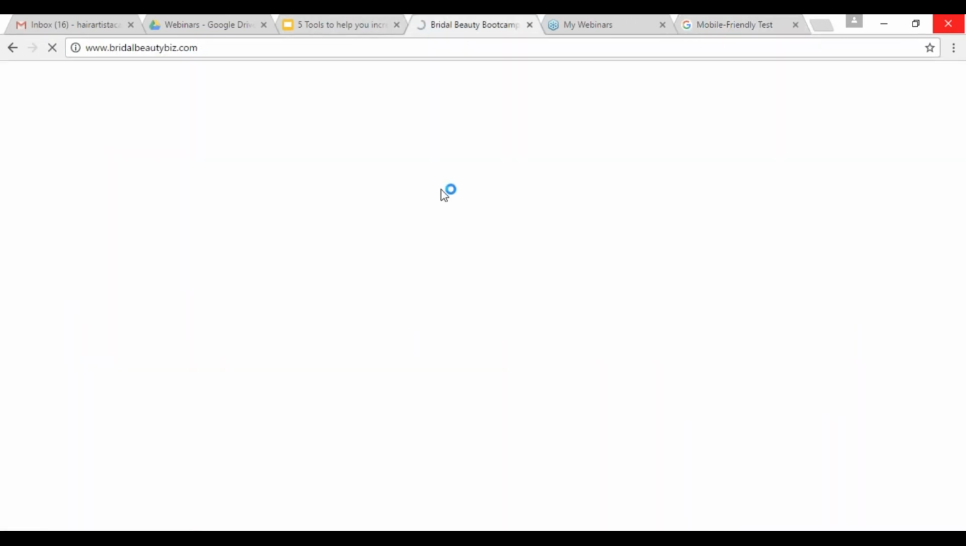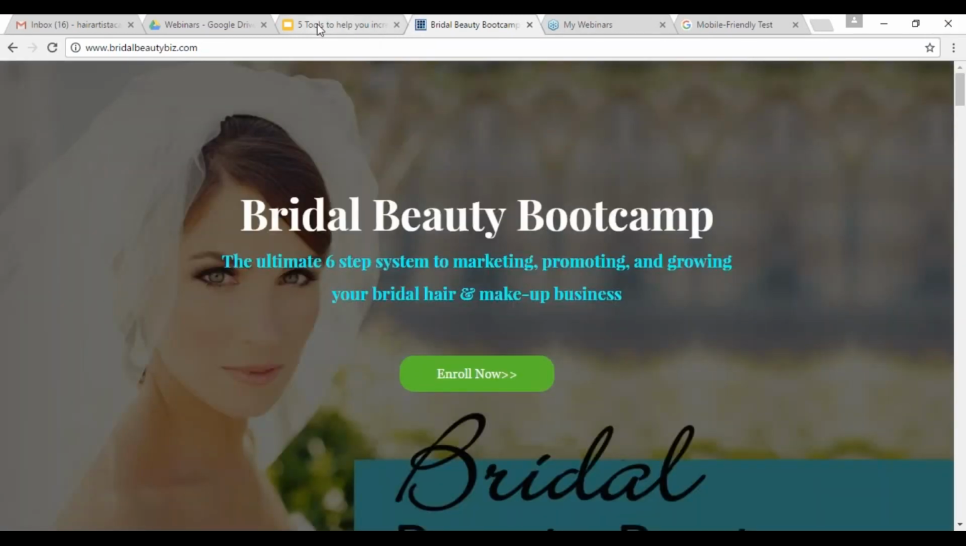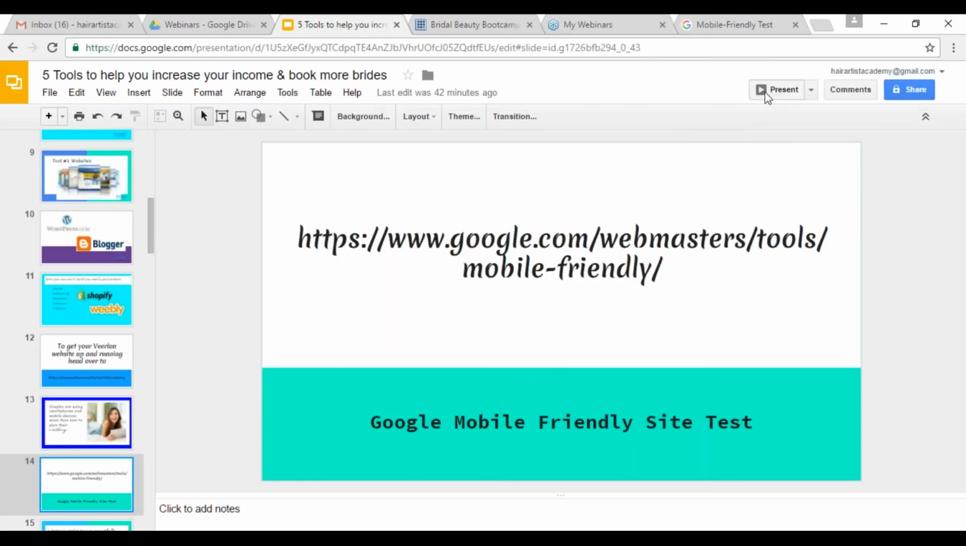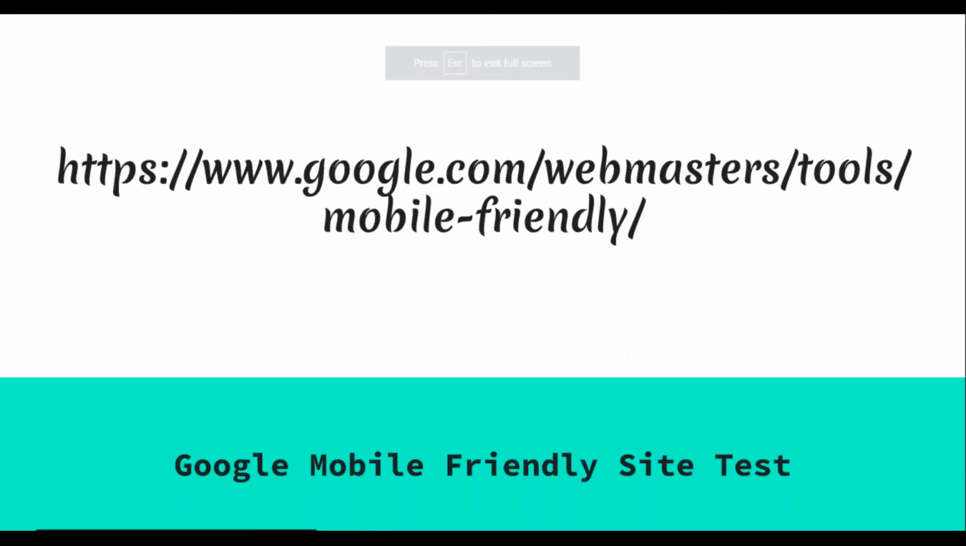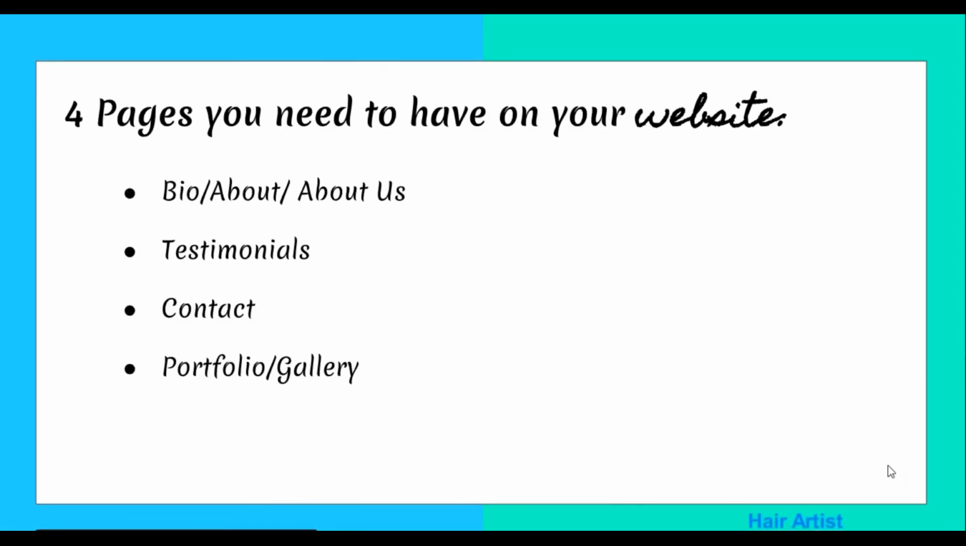Now let's head back over and talk about the 4 pages. Let's talk about the 4 pages that you need to have on your website. Okay, the 4 pages you need to have on your website. So if you guys already have a website, or those of you who are going to be creating your website as we talk through this class today, I know a lot of you are going to be